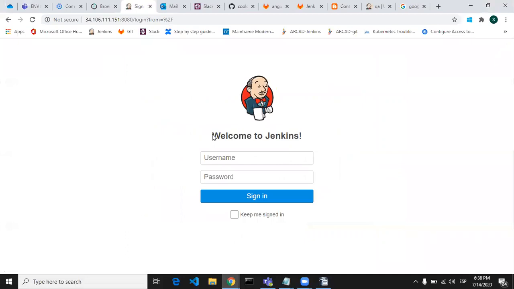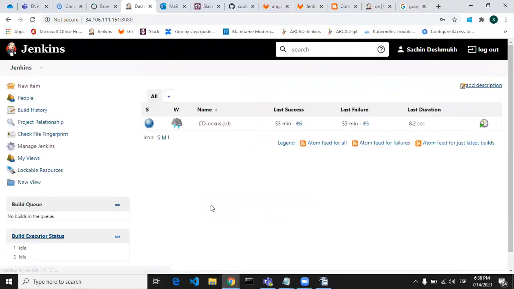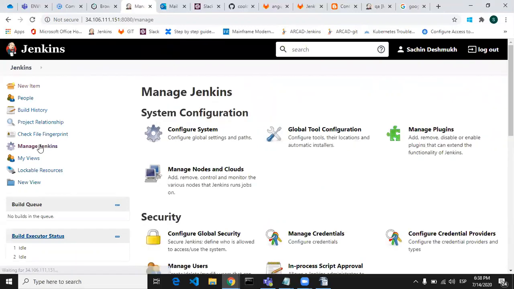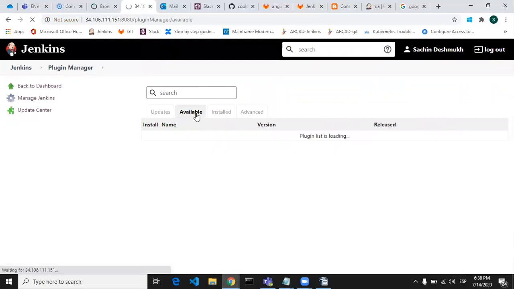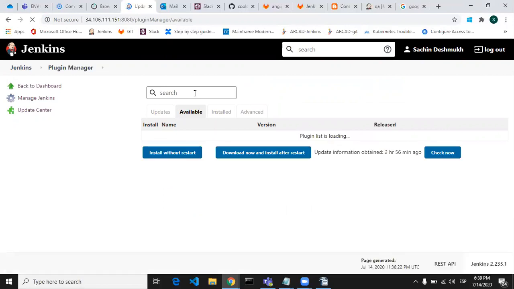So this is my Jenkins. Let me log in. To install the plugin, we have to go to Manage Jenkins, Manage Plugins, and in the Available section, search for Nexus Platform.